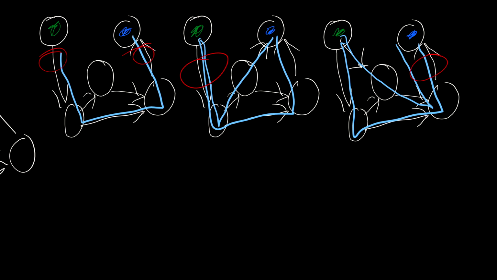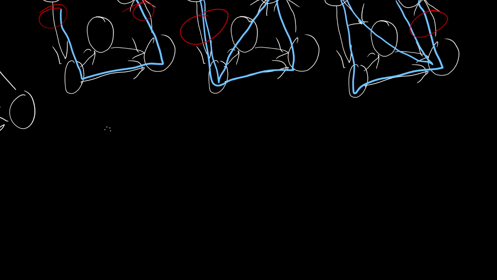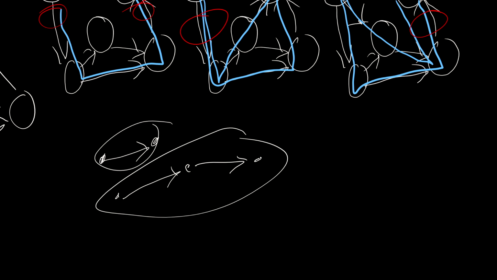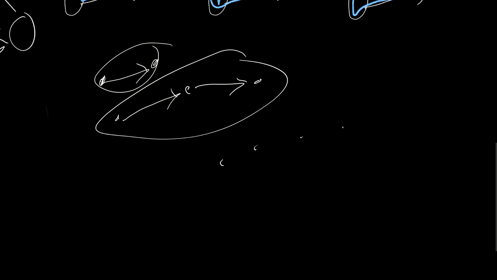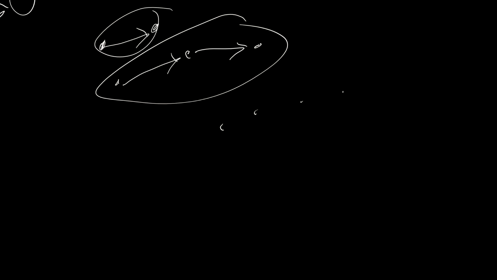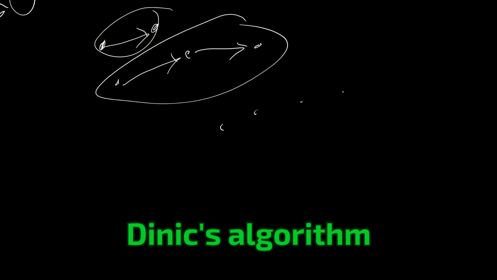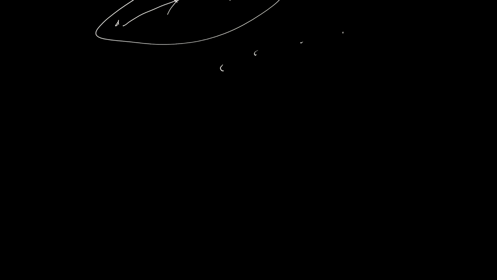So what we're getting at is this idea of an algorithm. We do paths of length 1, then paths of length 2 if there are any, paths of length 3, so on and so forth. And eventually we have to have filled up enough. And it should be pretty clear why this would create a maximum flow. But what is that maximum flow? What I've described is an algorithm for finding a maximum flow. I'll make the actual name of the algorithm appear on screen, but